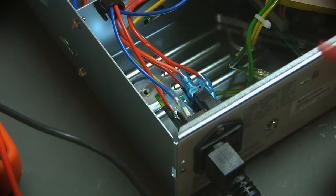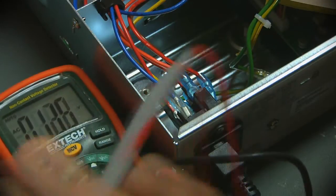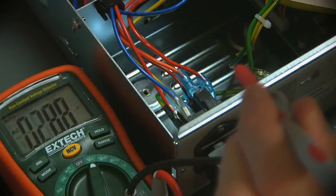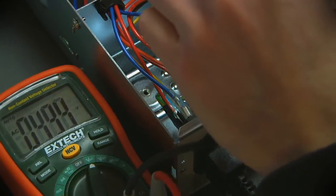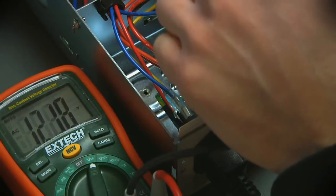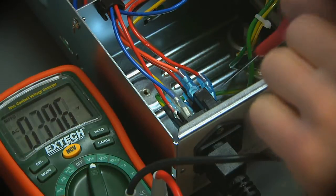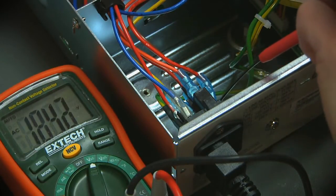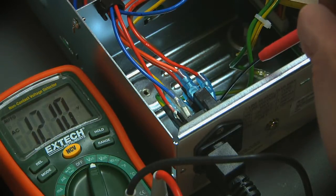So click, I've turned it back on. I'm going to put one probe on the blue, which we've determined is the common between these two. And we know that red gives us 120 volts coming off the main board. Red goes to the center of this fuse thing. And I'm guessing, yep, that side that I expected was the